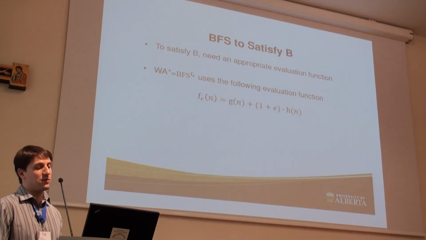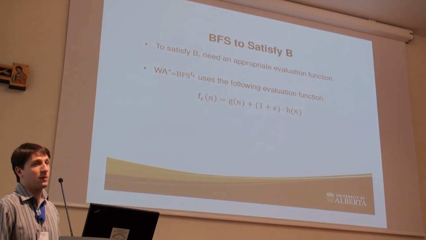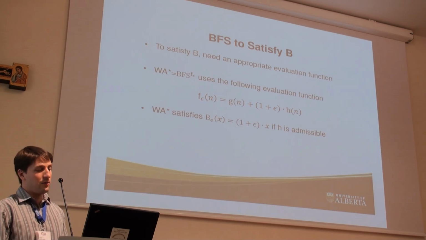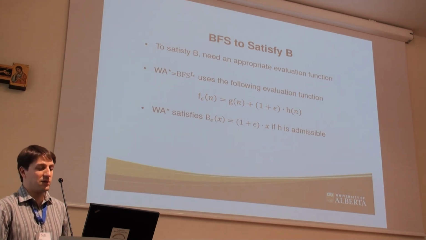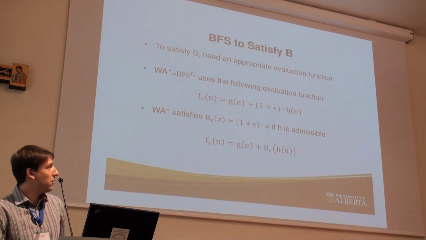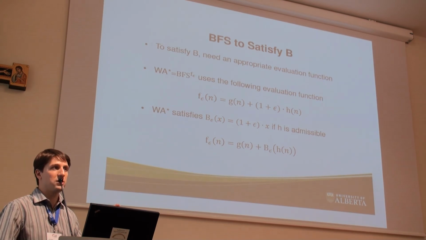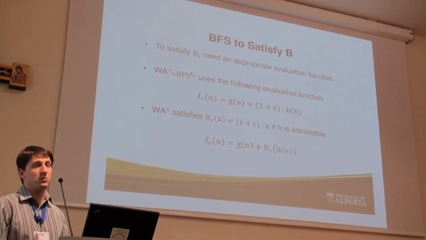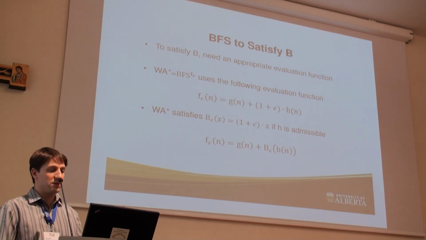This is the evaluation function that WA star uses: G plus 1 plus epsilon times H. If we look at the epsilon admissible bounding function, which is just 1 plus epsilon times x, we can derive that the WA star evaluation function is G plus B of H, where B is the epsilon admissible bounding function. This sort of suggests that maybe